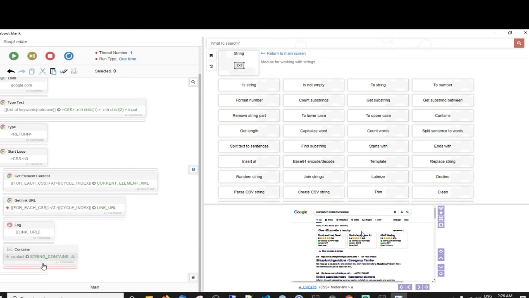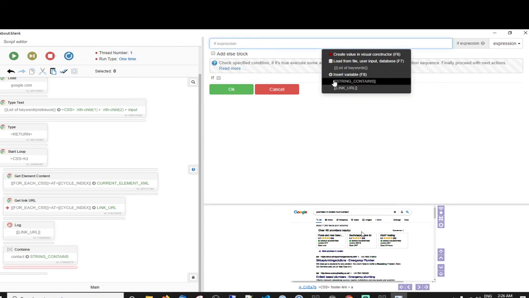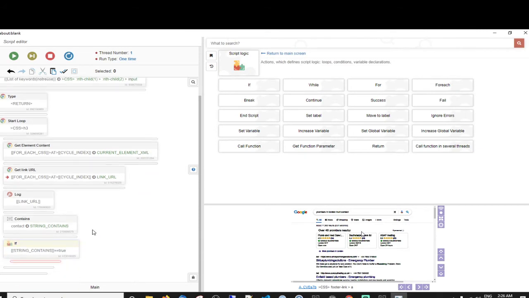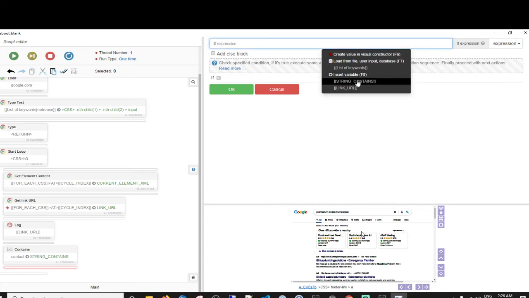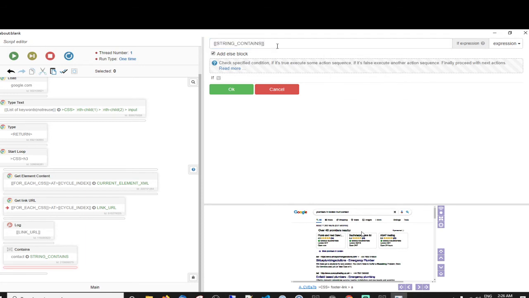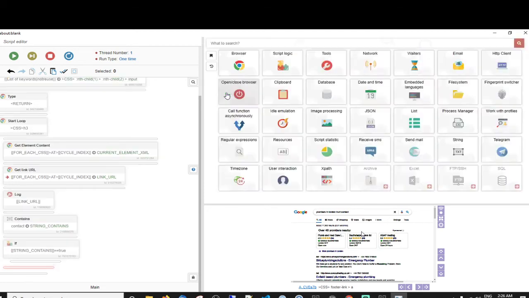So then what we can do here is an if statement. We can say if string contains equals true. In other words, if it has the word contact in the URL. Right, if, and then have an else. Equals true. Simple as that.